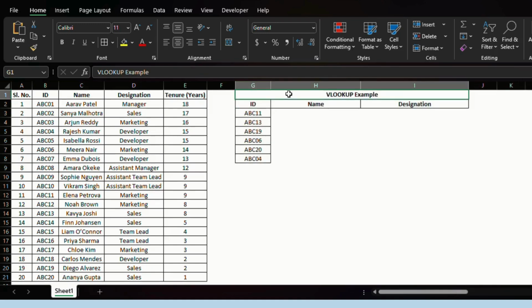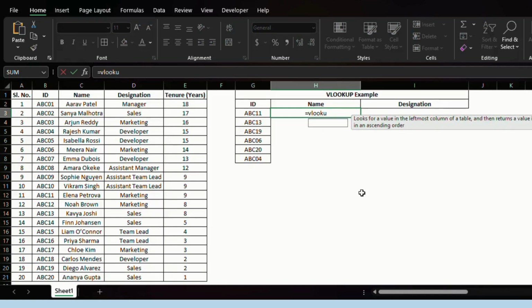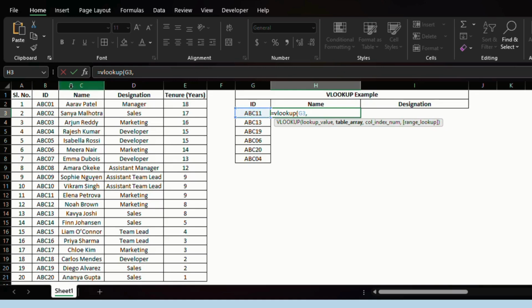To practice the function, let's use 6 random IDs in cells G3 to G8. Now, to display the name in H3, as per the ID in G3, type in H3, =VLOOKUP, start the bracket, select G3 as the lookup value, then add a comma, then select columns B to E as the table array,